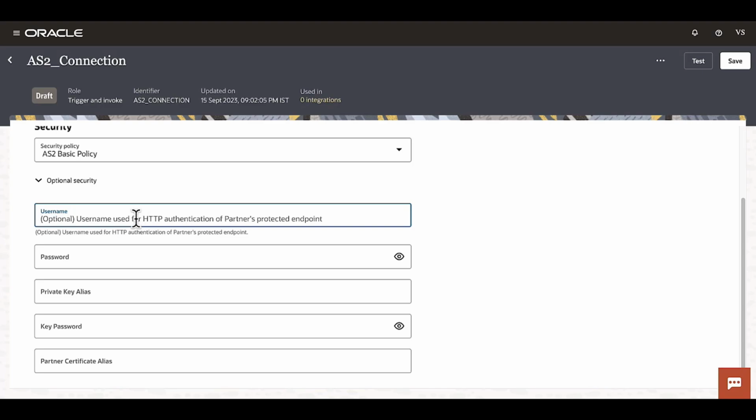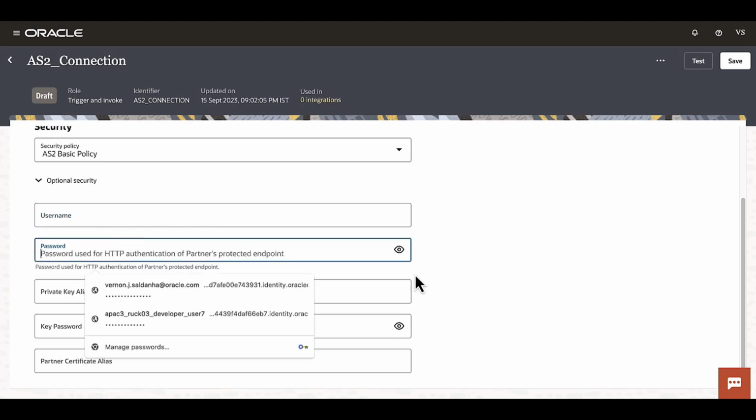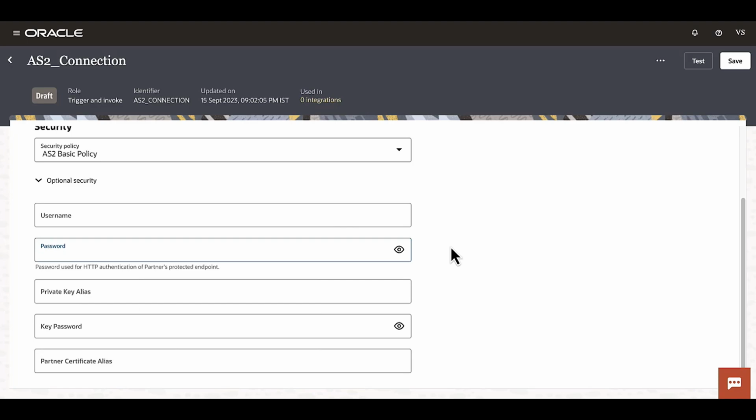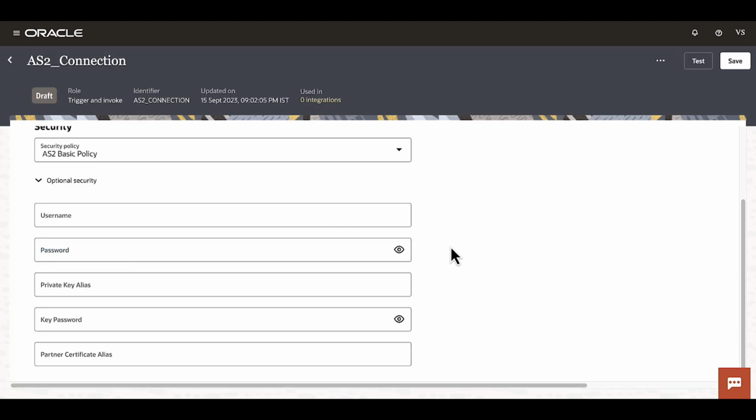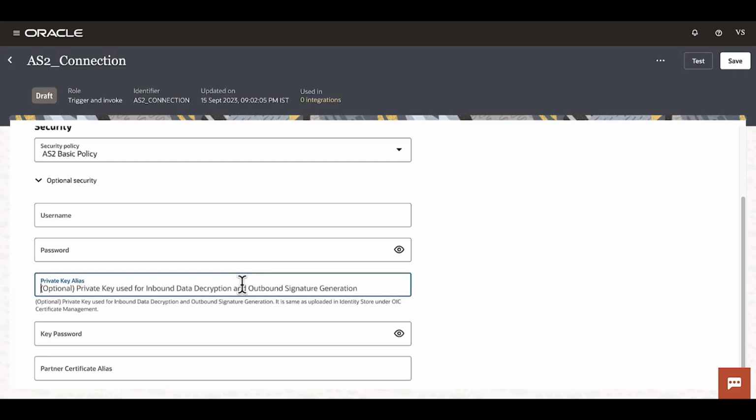And those same credentials need to be configured here so that when the connection is initiated, we can validate them against this and authenticate. Private key is used for, again, decryption and signature generation. This is OIC's private key, and this needs to be uploaded in the